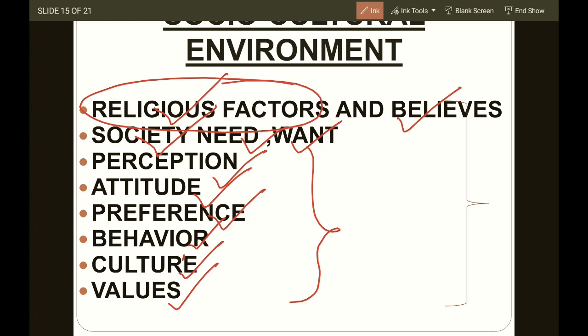So it's very important to analyze all these factors before starting a business in an economy. What is the people's perception toward your product? What is their attitude, their preference, what do they want? What is the behavior? Then McD changed to a potato burger, because people's preference was more towards vegetarian food, since most people here are Hindu and love vegetarian food.